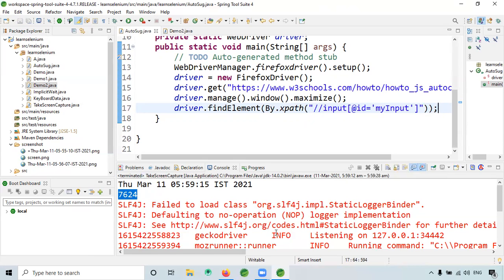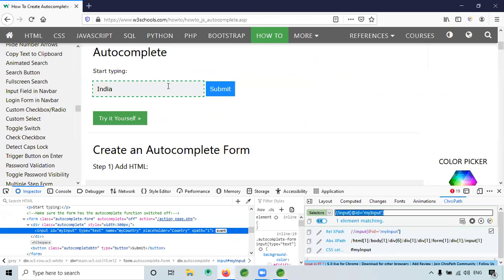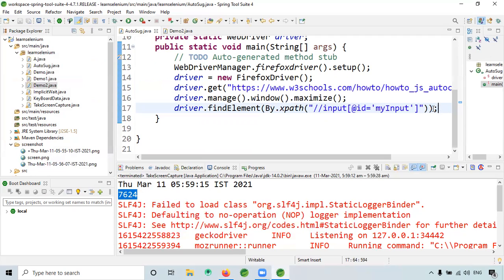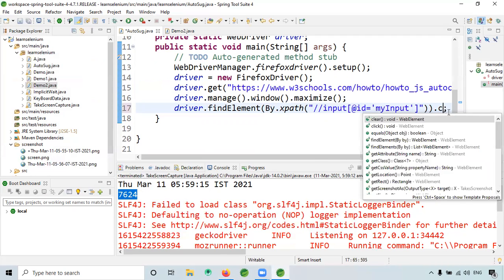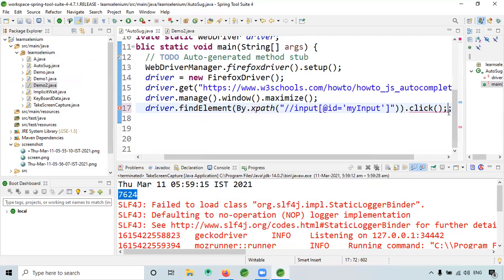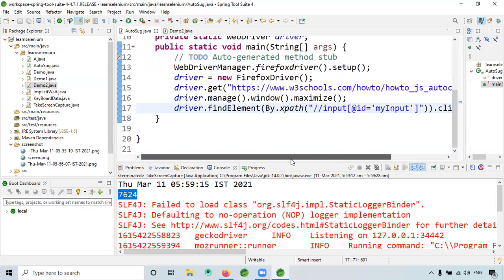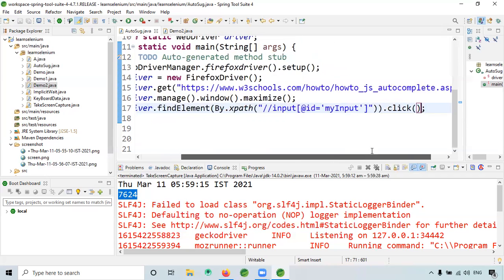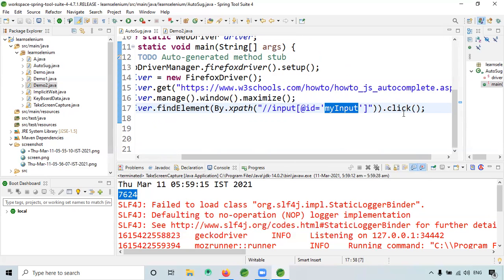So this is the element for this one. As soon as I find it, it has to click, right? So for that, I will give dot click. Now it's clicking that text box, right? Yes, as soon as it finds that input field, that info ID, it clicks.